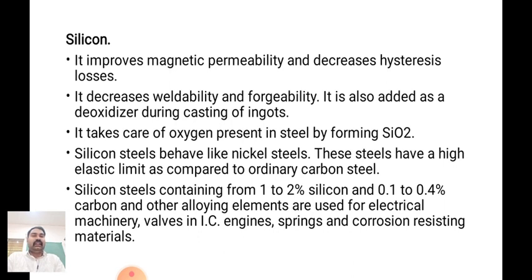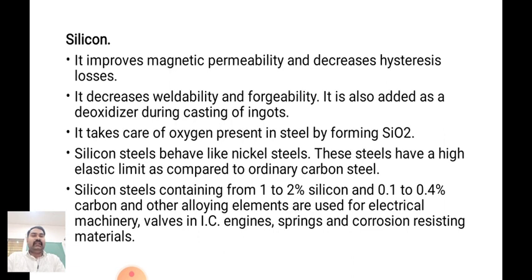It takes care of oxygen present in steel by forming SiO2, that is silicon oxide. Silicon steel behaves like a nickel steel. These steels have a high elastic limit as compared to ordinary carbon steel. The silicon steel contains 1 to 2% silicon and 0.1 to 0.4% carbon. It means the steel containing 1 to 2% silicon, 0.1 to 0.4% carbon, and other alloying elements are used for